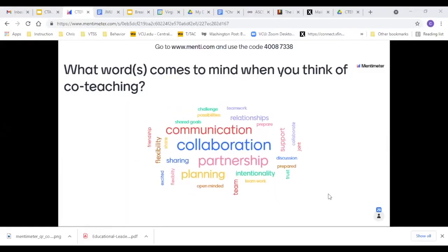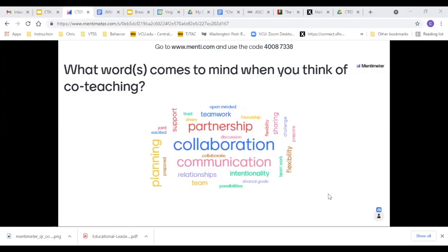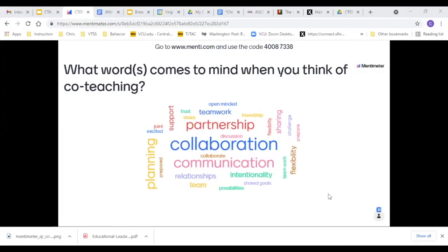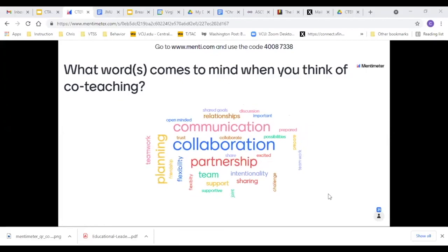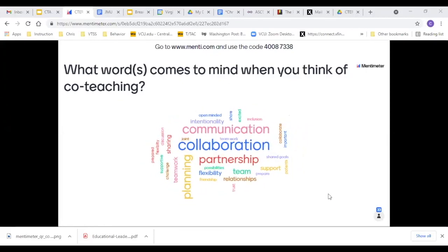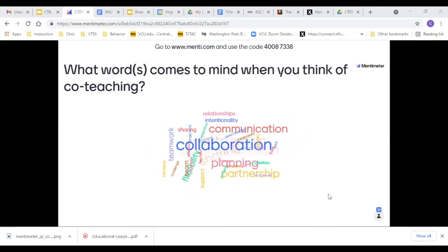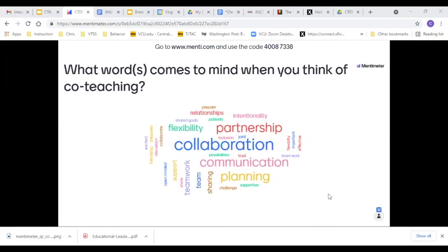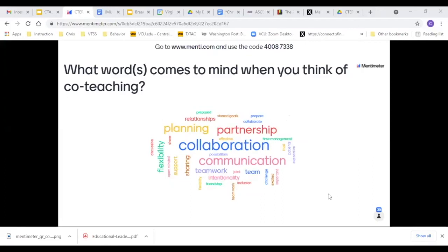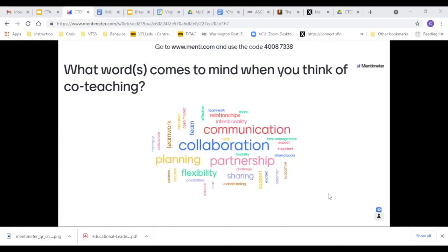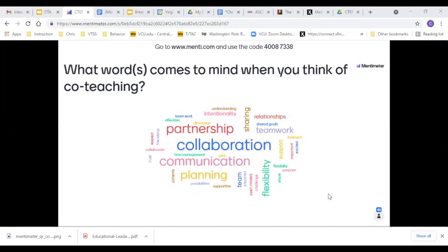We see collaboration right there in the middle, right? Partnership, communication, a lot of planning, team. And that collaboration goes along with everything that we talked about today, all of the different topics. You've got to collaborate in order to co-plan. You've got to collaborate in order to co-assess. In talking about whatever instructional approaches you're going to be using together in the classroom, partnership,